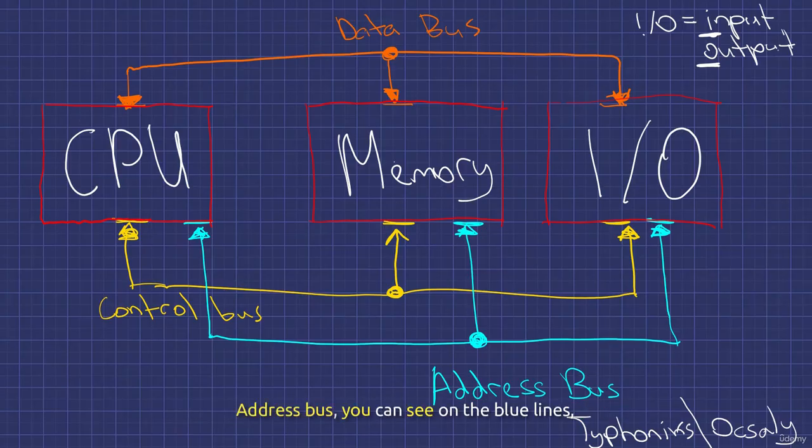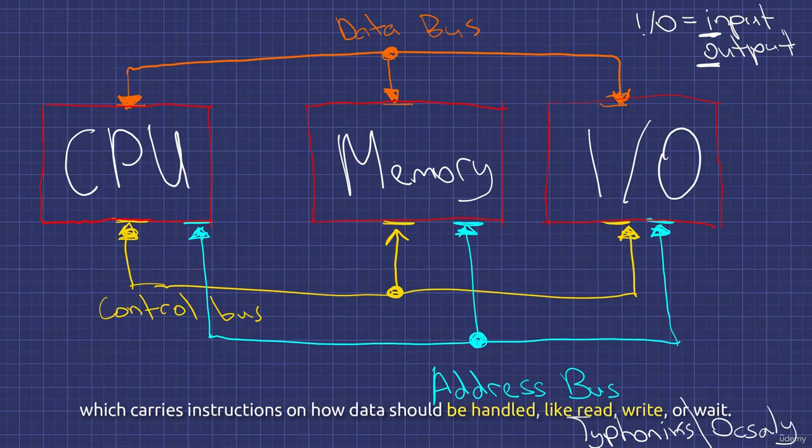The address bus, which you can see as the blue lines, identifies where the data should go or come from. And we also have the control bus, the yellow lines, which carries instructions on how data should be handled, like